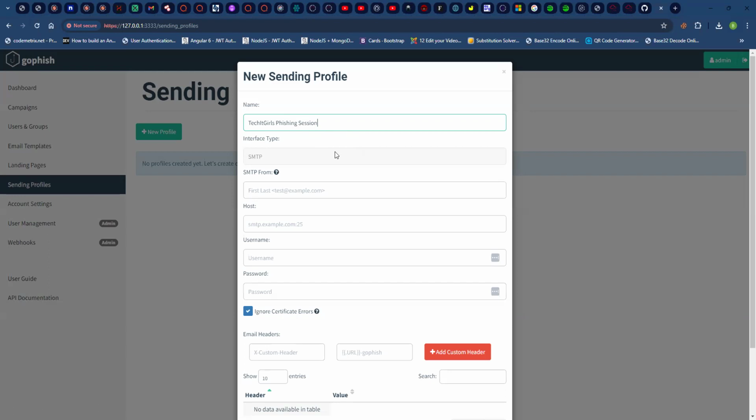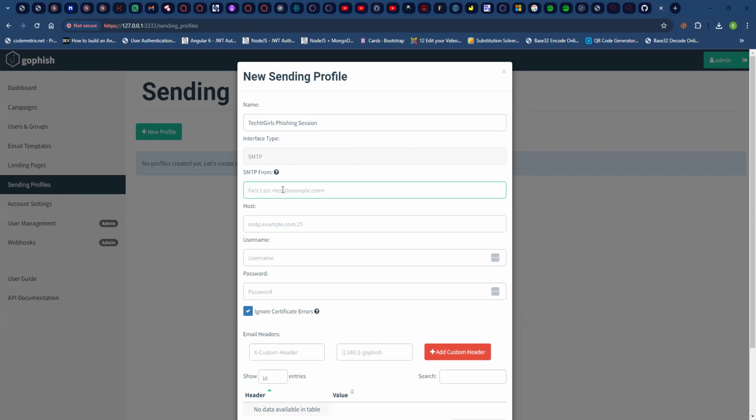There are several ways you can send out emails, but currently, GoFish only supports SMTP, which is Simple Mail Transfer Protocol. So that's the only protocol supported at the moment on GoFish. So that's why this is disabled. We can't change this option. Then we have the SMTP from option. Now, when you send out phishing emails, the person will see that the email is coming from a particular person. So what they are going to see is what we need to provide here. So this option, we need to apply the email address we want to send from.